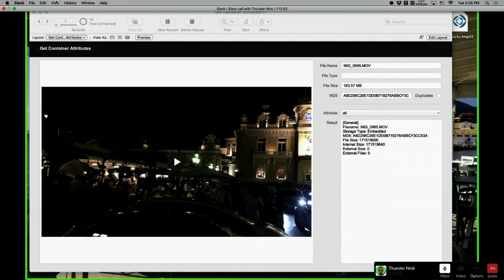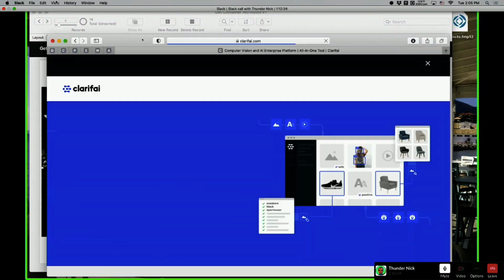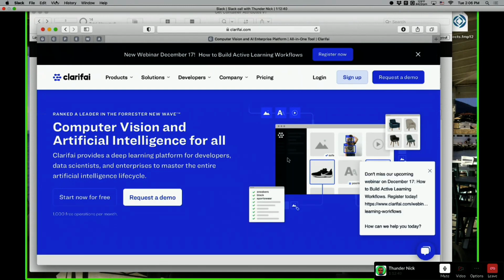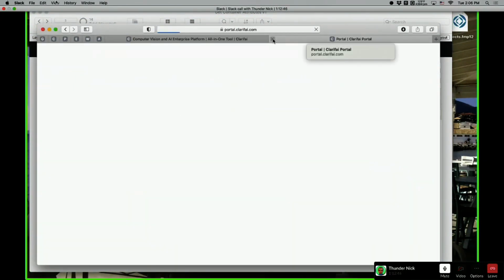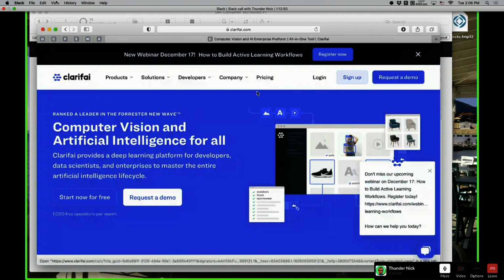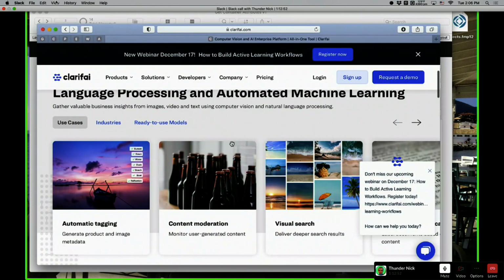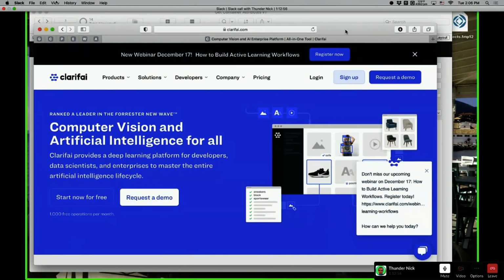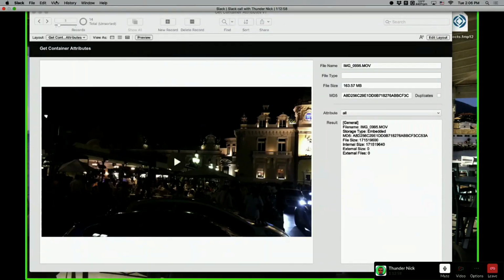So Clarifai.com is kind of an artificial intelligence system that says, okay, send a video, or send a photo over there. They analyze what the photo is, and they return to you what's inside the photo. And it's really, really impressive.